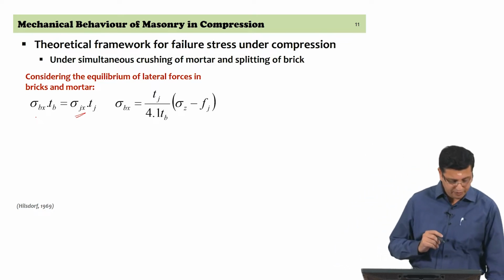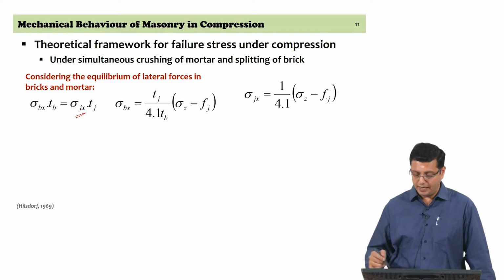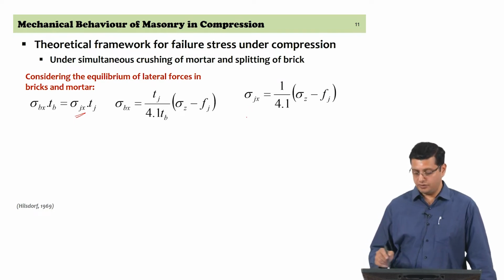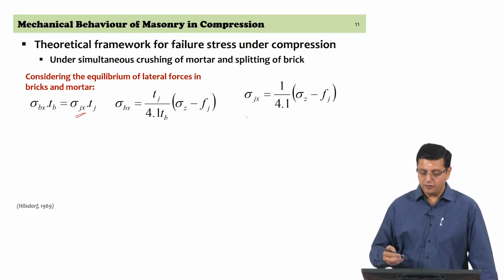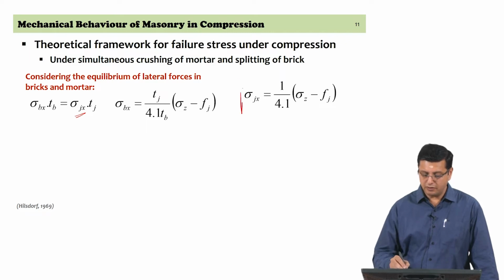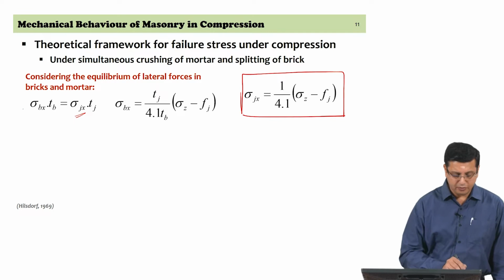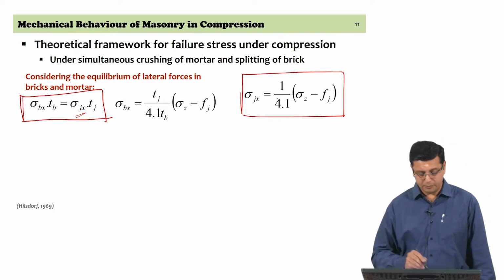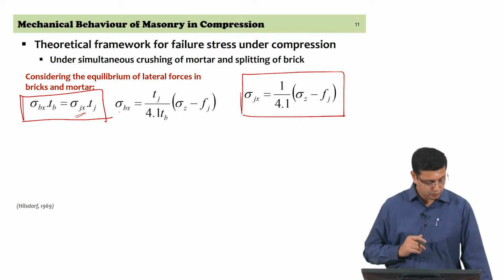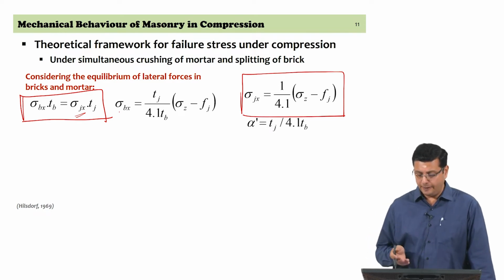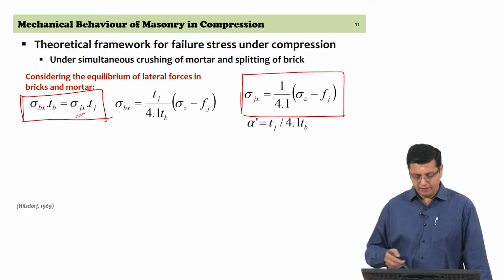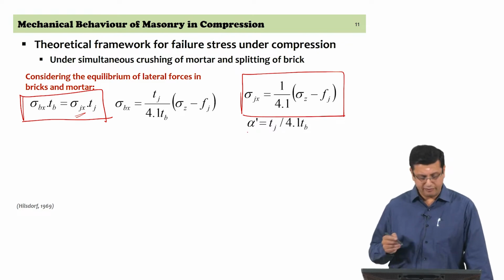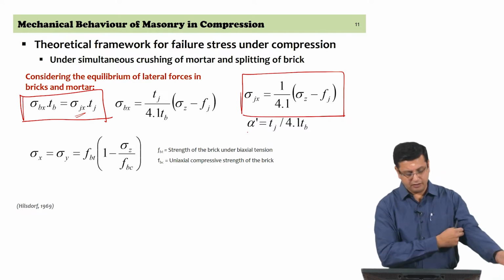So, the previous expression, if you remember, was in terms of sigma Jx. Sigma Jx was pulled out from the empirical expression of the failure criterion for mortar. We use that, and with the consideration of equilibrium and compatibility, we rewrite the expression in terms of sigma Bx. That is what is done in this particular slide. Give a factor, this part Tj by 4.1 Tb, is then replaced with this alpha prime. We could simplify the expression a little. So, now